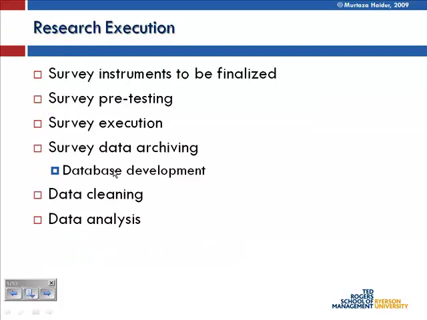And then comes the stage of research execution. Let's say you submitted a proposal to a granting agency, or to your faculty professor, and they accepted the proposal, and then you go about doing the research. If you're collecting information, you finalize the survey instrument, the questionnaire. You do the pre-testing. You take the questionnaire and pre-test it by executing it on, say, a 10% sample of your sample, or you give it to people who are familiar with the research topic and you test the instrument to see if there are any problems with it.